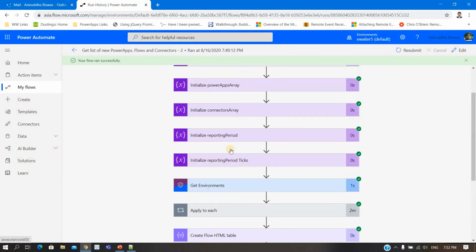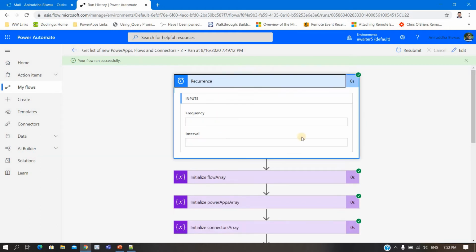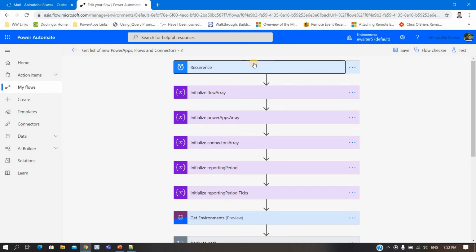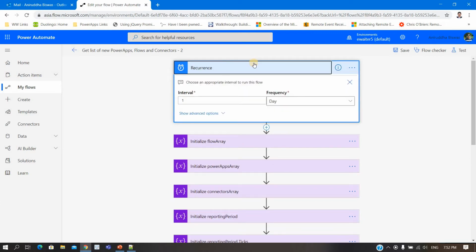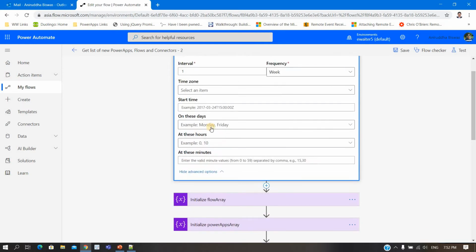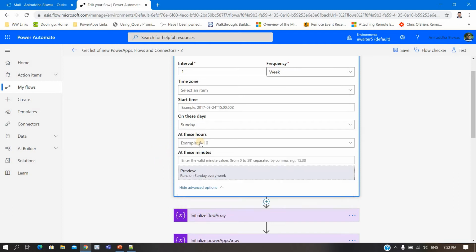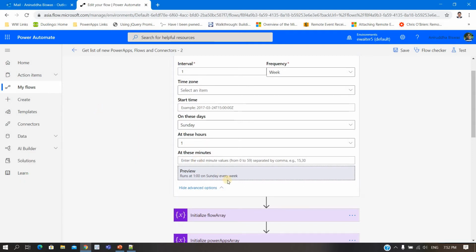Now let's see how we can configure it. First thing, we'll edit it. As you see, there is nothing much you need to do for this configuration. Just some clicks and it is ready. Now I will do it weekly, only Sunday, mostly early morning, 1 o'clock.